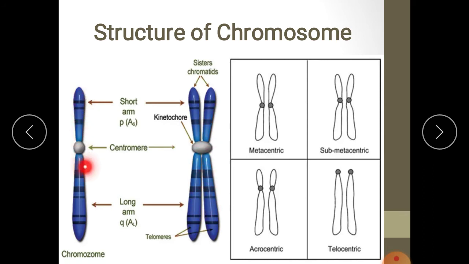Look here, this is one chromosome. This is seen during the interphase stage. Means not like this, a chromosome having only one chromatid. It has only one chromatid, a centromere, and then the chromatid has two arms. This is the short arm and this one is the long arm. The short arm is called the P arm, and the long arm is known as the Q arm. So this central constriction is called the centromere. Okay.